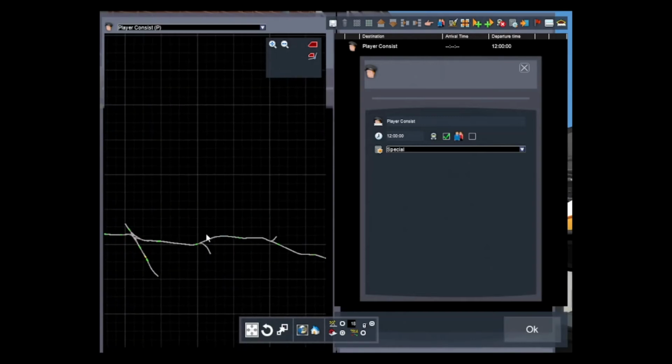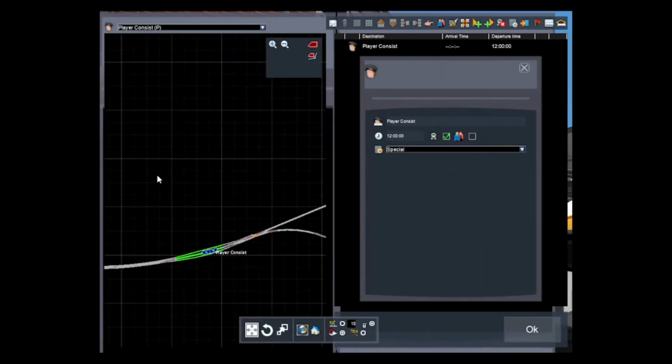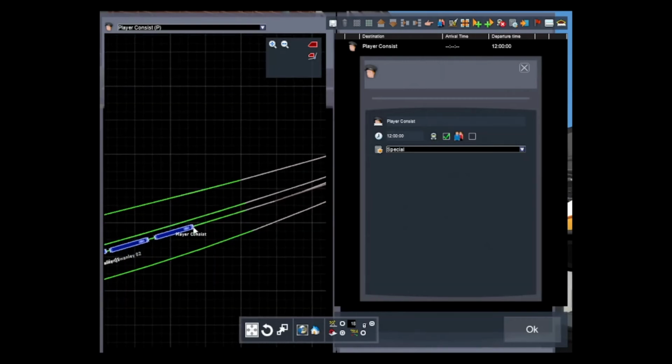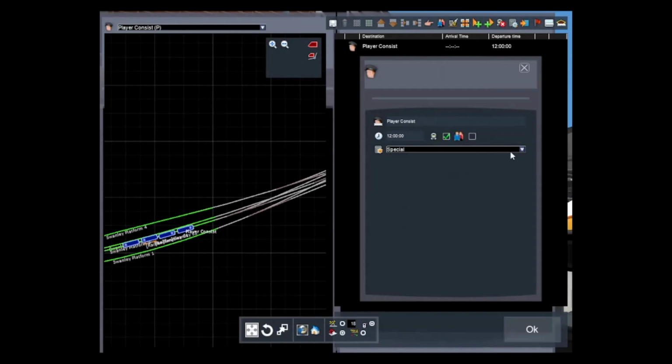So in real life, this could basically be like a driver's changeover. So of course there'll be passengers on board. So yeah, we don't need to touch that box. This box here, I really need to talk more quietly. So this box here